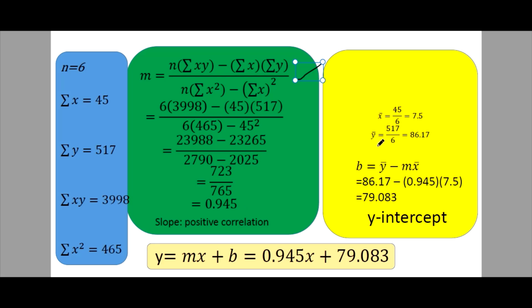For the y-intercept, we have this formula, so we'll be needing the mean of the y. So 517 divided by 6, because there are 6 pairs, and 45 divided by 6 for the mean of the x's. Substitute these values on the formula of the y-intercept, we have 79.083. So hence, we have this equation of the regression line: 0.945x plus